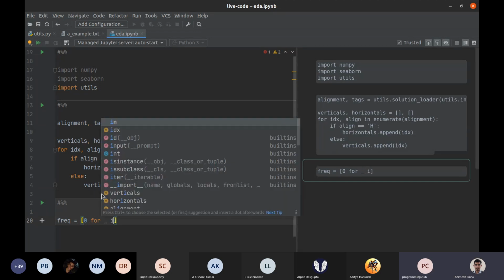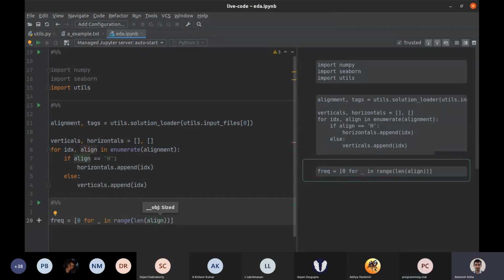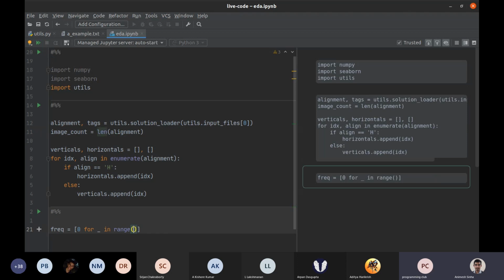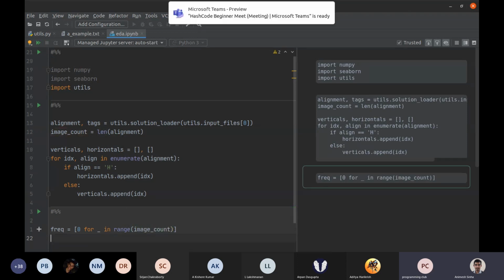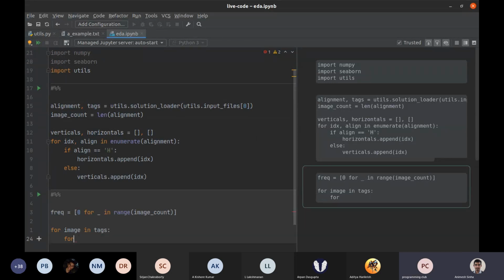Separating out the horizontal and the vertical images would be a relevant thing for several of our problems, because we want to analyze our vertical images separately and figure out how to combine them. And we want to analyze our horizontal images separately, or with the already combined vertical images, and see how to arrange them. And these are two different parts of our problem.